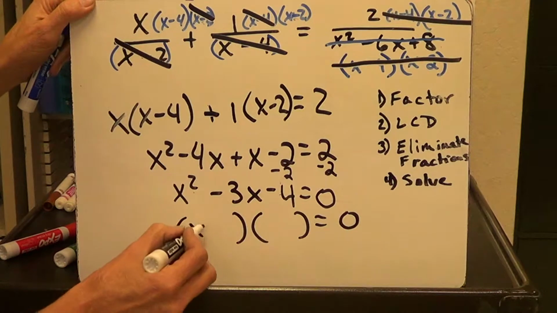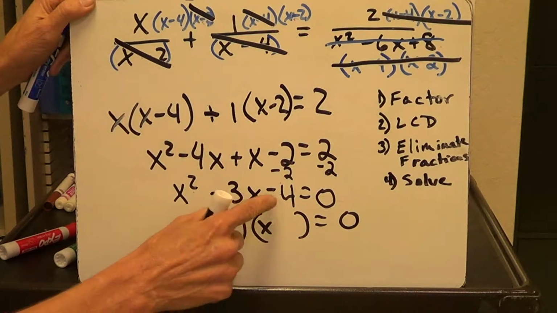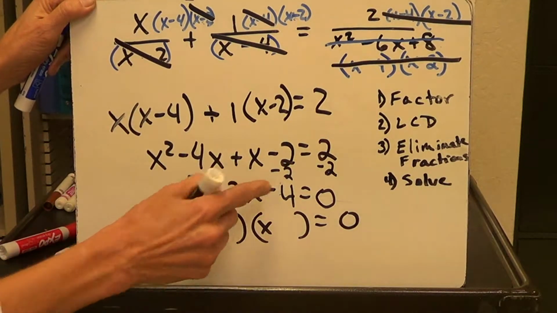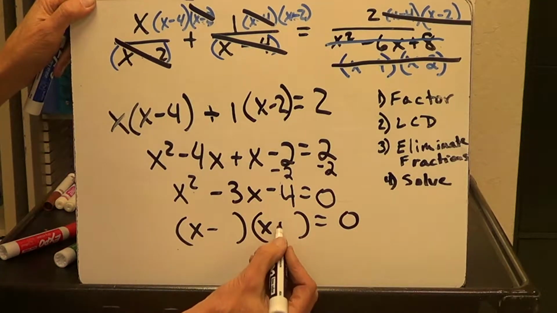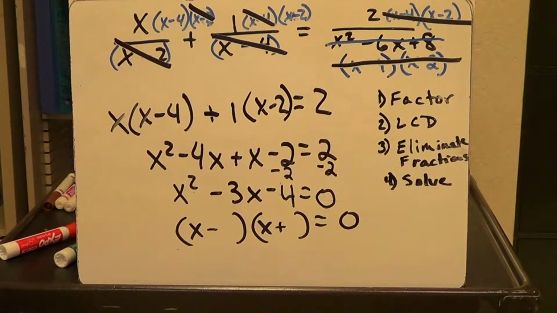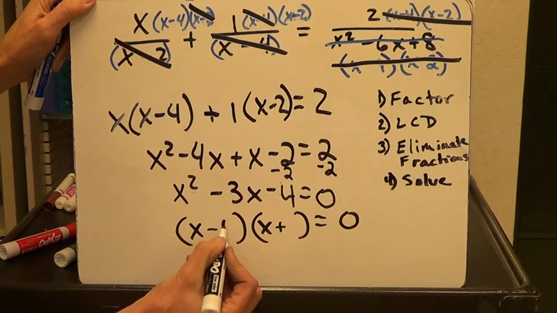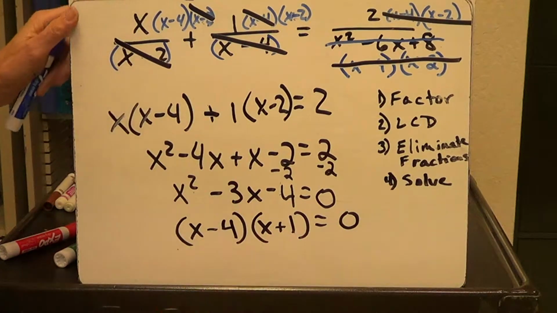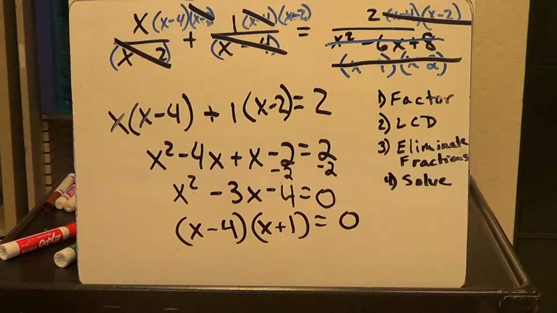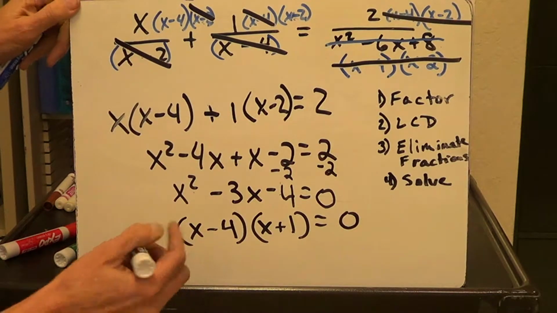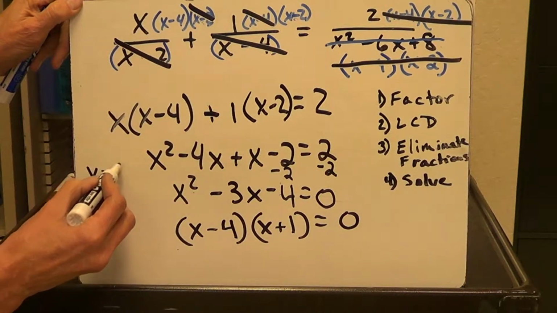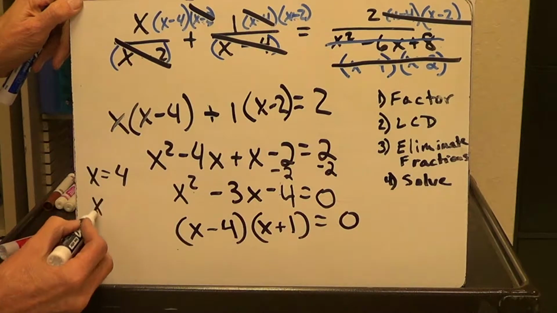What two numbers would multiply to be negative 4? And, well, since it's a negative 4, we know that it's a minus and a plus, so instead of add, you'd be subtracting and get a negative 3. So if you say 2 factors that multiply to be 4, subtract to be 3, it would be 4 and 1. Make sure the 4, because it's farther from 0, matches that negative there. So minus 4 plus 1. Okay, last step is to set these equal to 0, so you know that x equals 4 and x equals